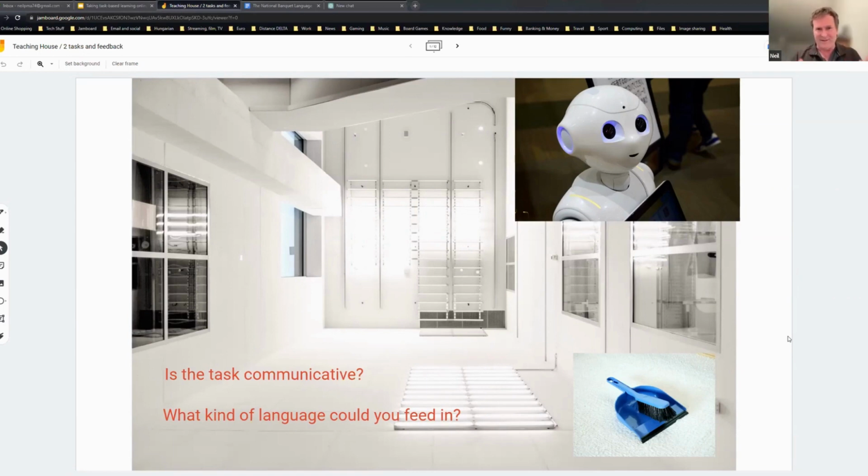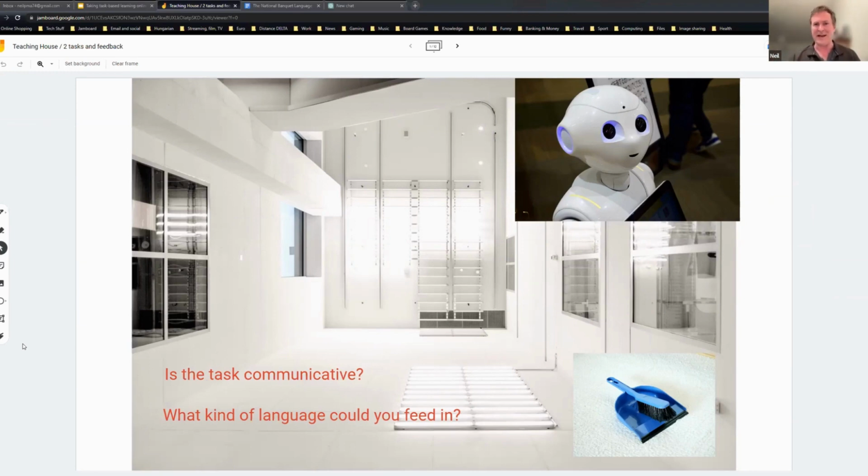So here's a version. This is the introductory slide on Jamboard. By the way, pyramid discussions work really well in face-to-face classrooms, but they also work online. Here's my flat, and it's very clean. Why do you think it's so clean? Do you think I like doing the cleaning?